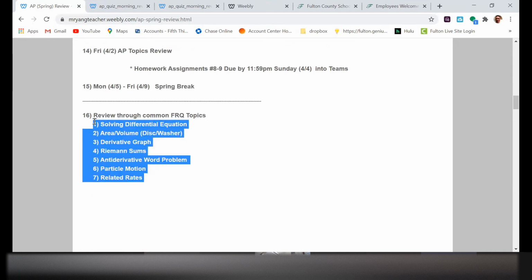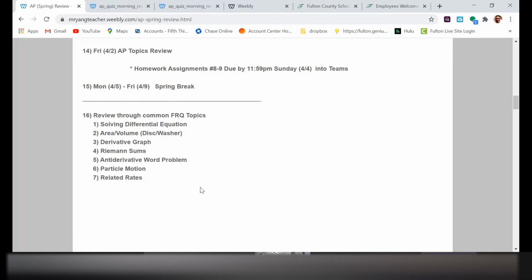After spring break, I'm going to be creating a much more detailed schedule, but we're going to be going through the other common FRQ topics. So if you're taking the May exam, you're going to be doing 6 FRQs. Each FRQ is maybe 3 or 4 sections. It's not going to be as long as this FRQ. This is kind of like the quiz you're going to see tomorrow. I combined 2 FRQs into 1 problem. But each FRQ, you're allotted 15 minutes, and it's about 3 to 4 sections. So just to give you an idea as to what we're working towards.